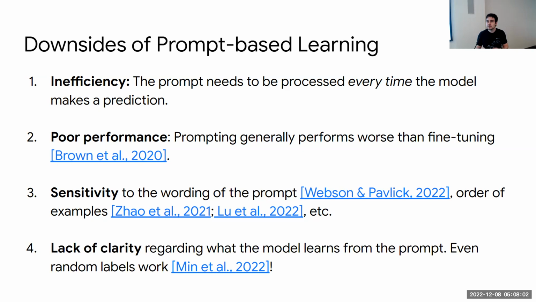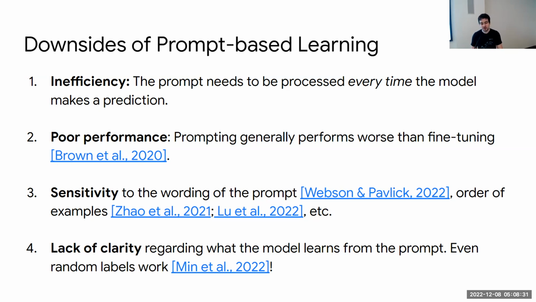And finally, even though people in the community have been using prompting for the last 3 years, we still do not really understand what the model actually learns from the prompt, or what the ingredients in a good prompt are. In fact, a recent paper at this conference showed that even random labels in a prompt can lead to good performance. So it's still quite unclear what the model actually extracts from